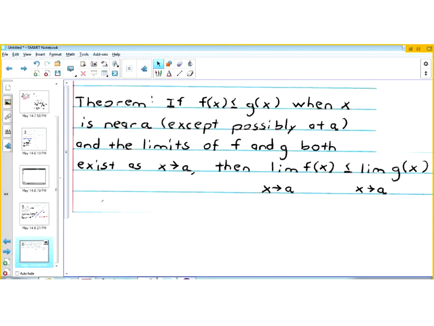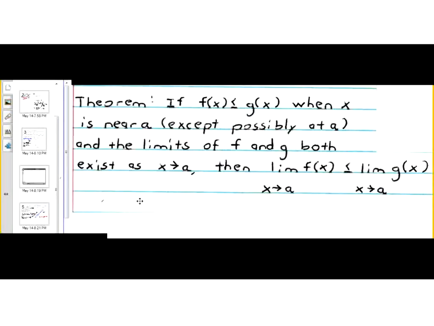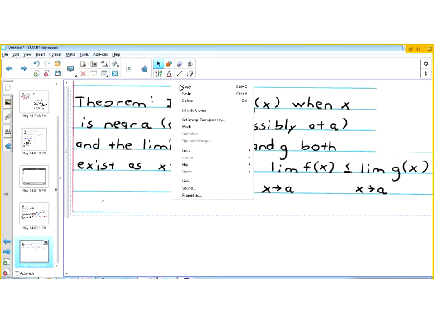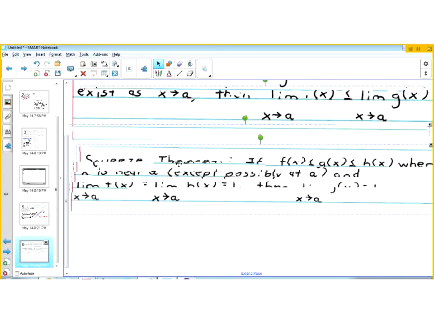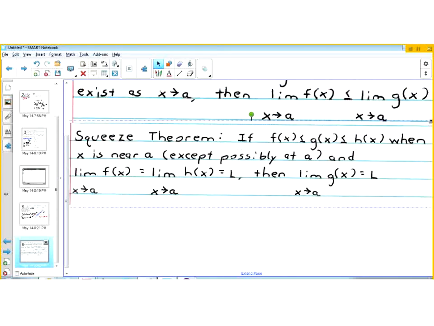If we combine this very powerful theorem with another theorem which we've already mentioned, called the squeeze theorem, which we talked about in the limit as x approaches 0 of sine x over x in one of the lectures. The squeeze theorem says that if we have an ordered relation of three functions, f is less than g, which is less than h, when x is near a, except possibly at a, then